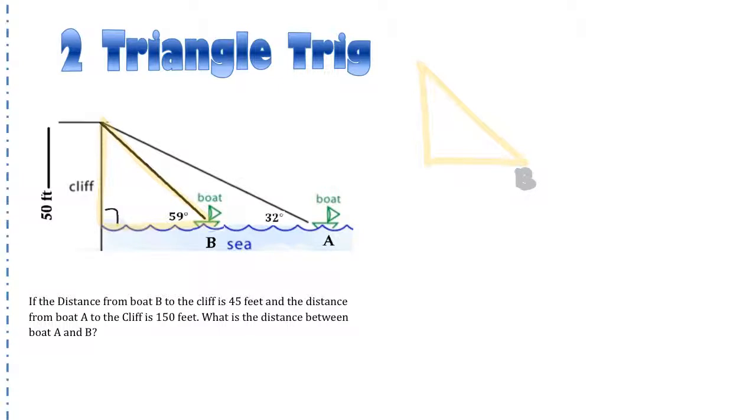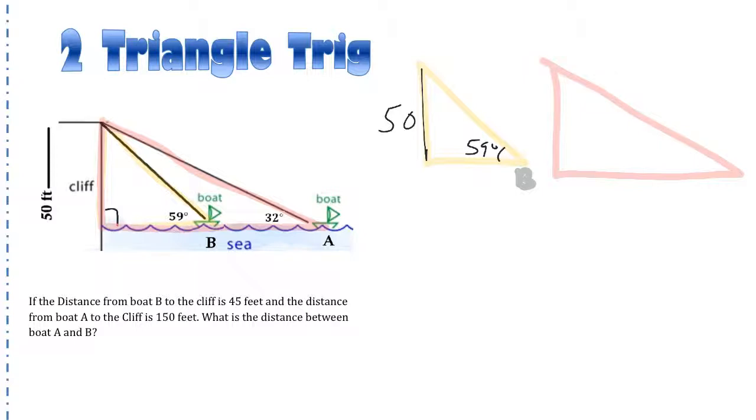It's got an angle of elevation of 59 degrees, and the side of the cliff is 50 feet. The other right triangle is actually from the cliff all the way over to boat A and up. So I'm going to redraw this one as well. So if I separate these two triangles, they're much easier to look at and to figure out some missing information. So here's A. My angle of elevation is 32 for this boat, but the cliff is still 50 feet high